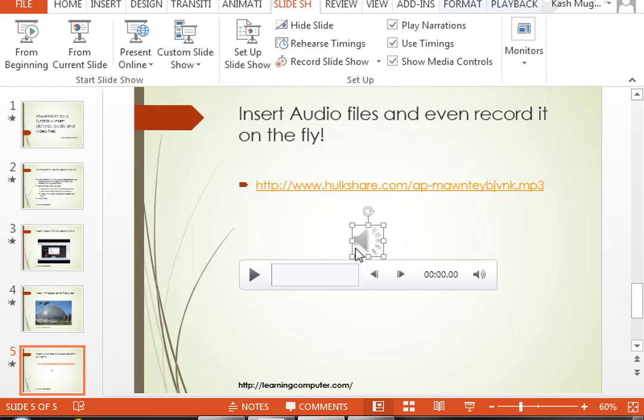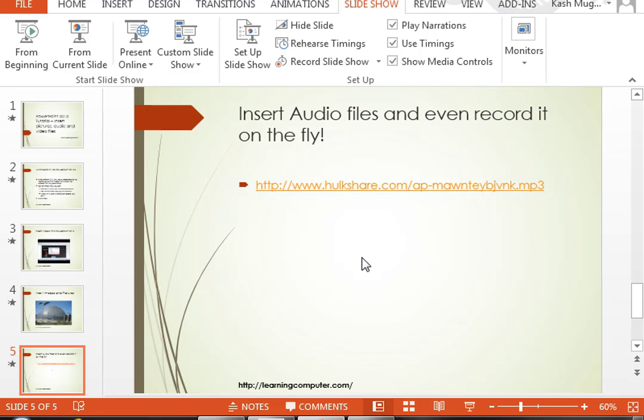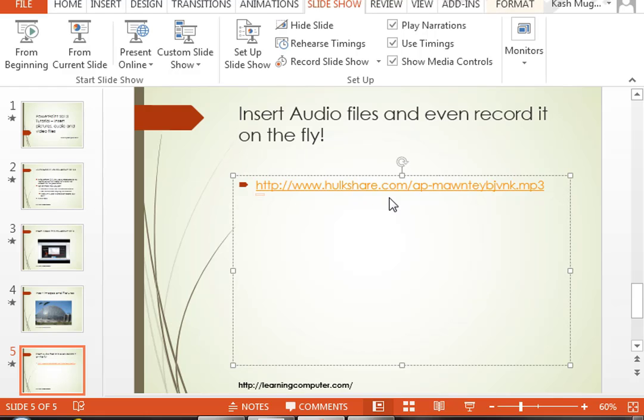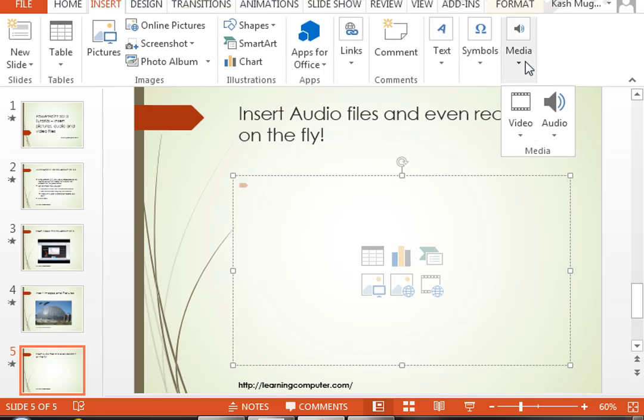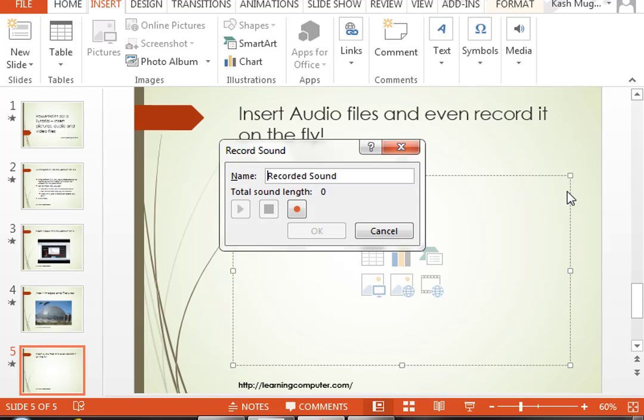Now, the last thing I wanted to show you is fairly cool. Let me just get rid of this one too. Now let's say you wanted to just record a quick message or audio in it. How can you do that? Well, you just select record audio from the audio option. Okay, and now if you have the microphone and everything set up,